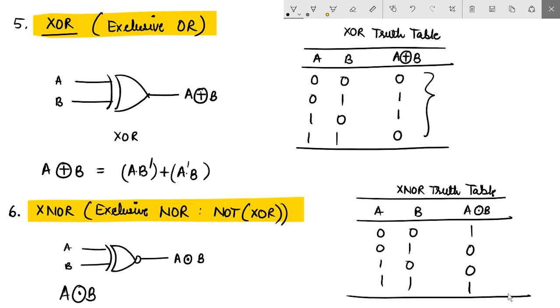Okay. What you see here is that an XNOR gate gives us a high output only when the two inputs are same, and it gives us 0 when the two inputs are different. For this reason, XNOR is also called an equivalence operator. Wherever the two inputs are equivalent, there it gives us a high output. Otherwise, it gives us a low output.